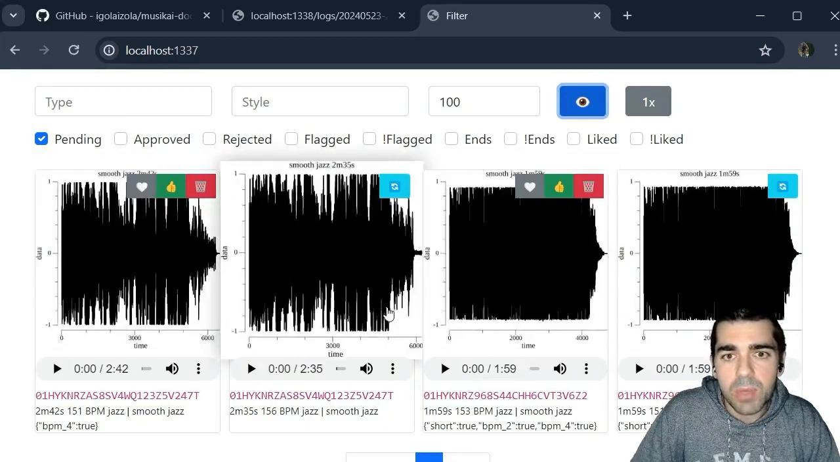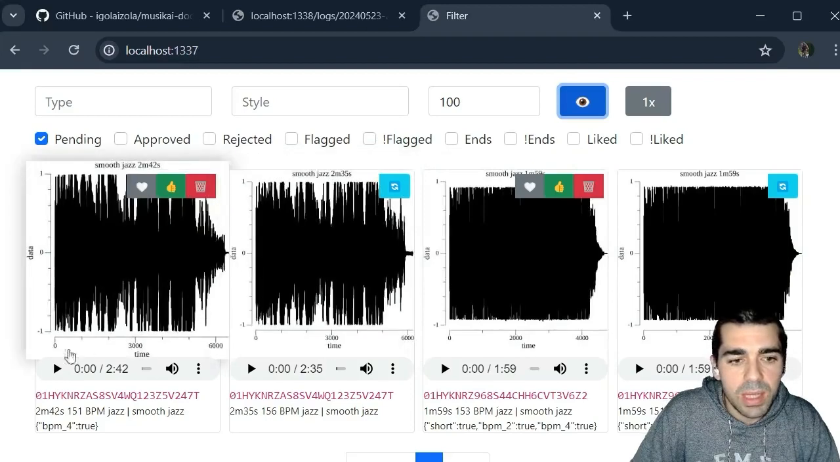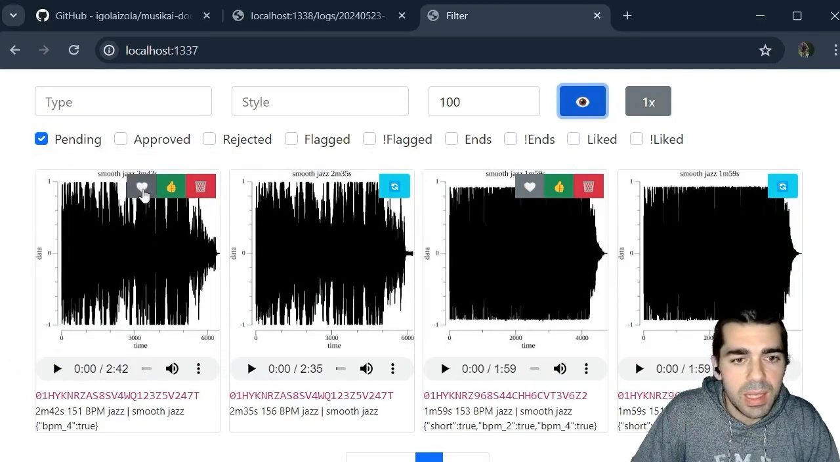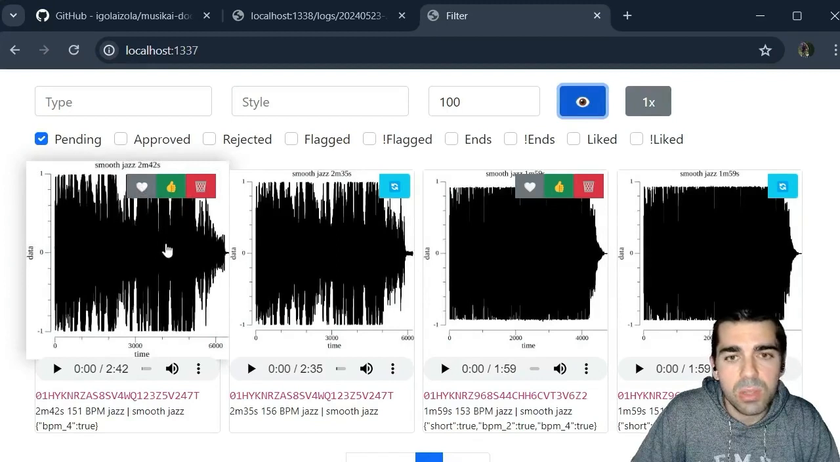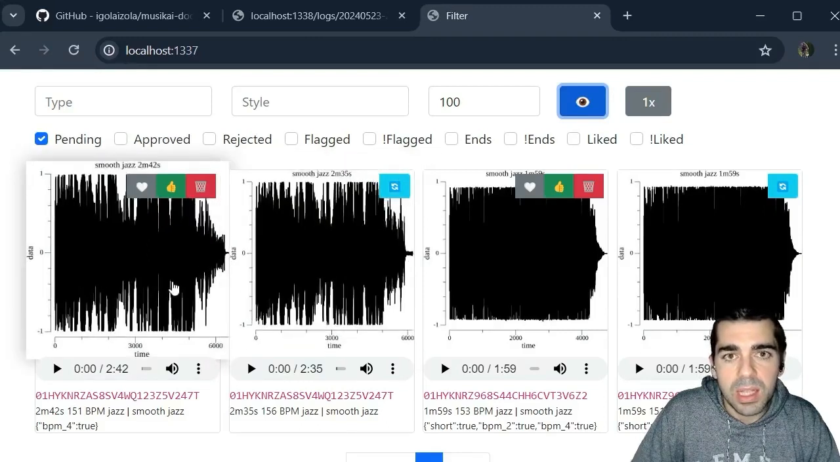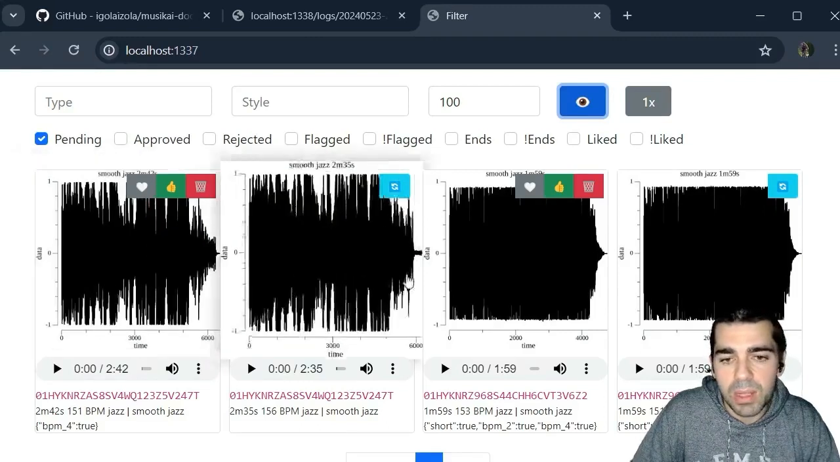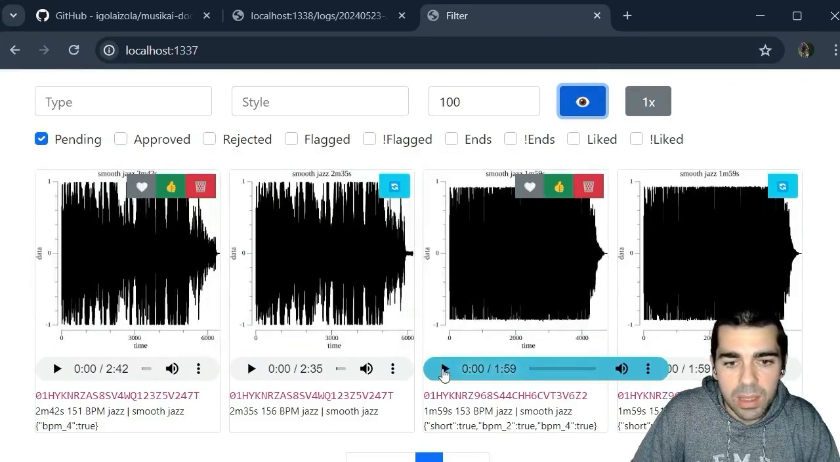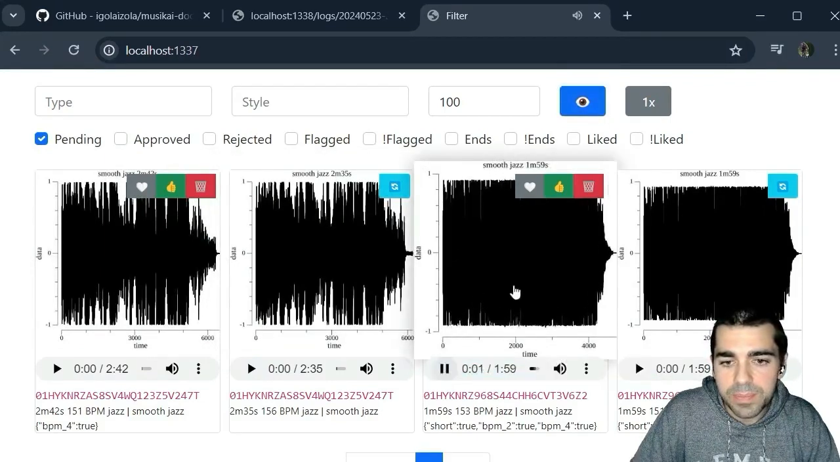So what we can do in this screen is listen to the music, and we can approve it or reject it. And if we like it more than others, we can click the heart and those songs will be prioritized when we create albums. We can also choose the ending that we want. By default, the tool tries to choose the better one. So for example, if I click here,